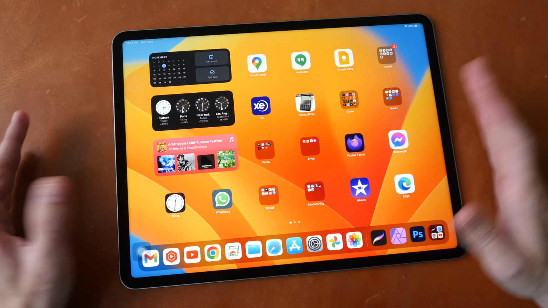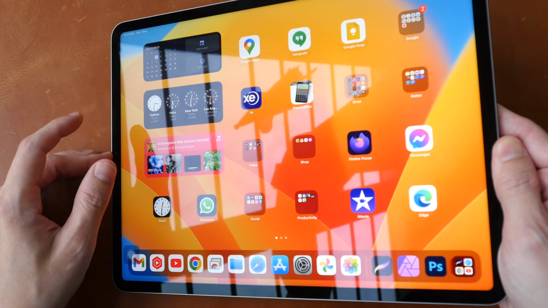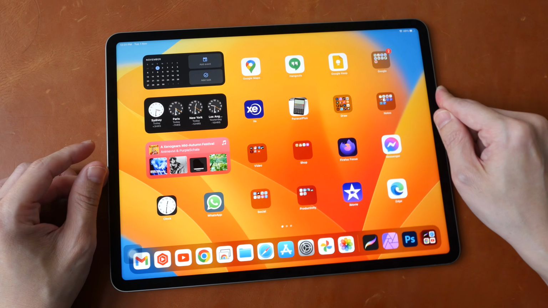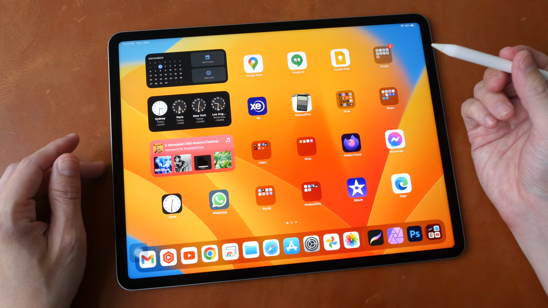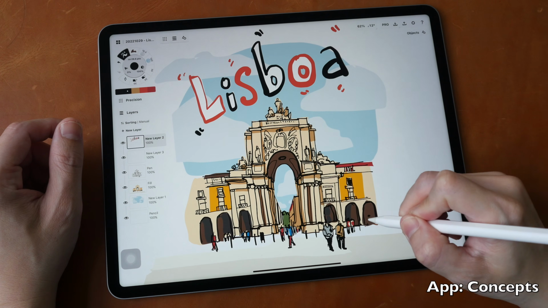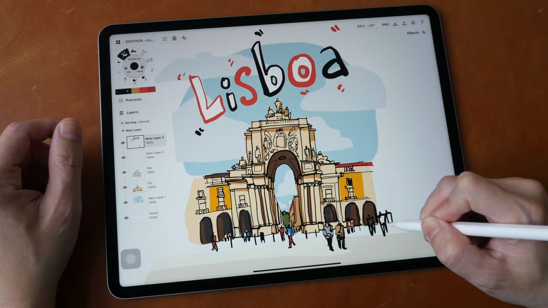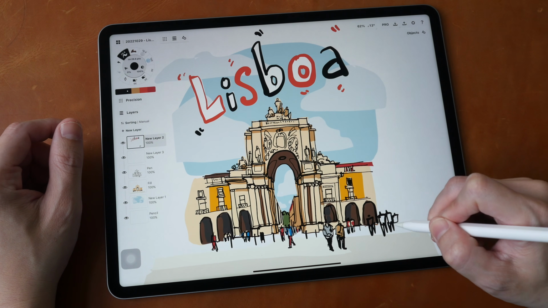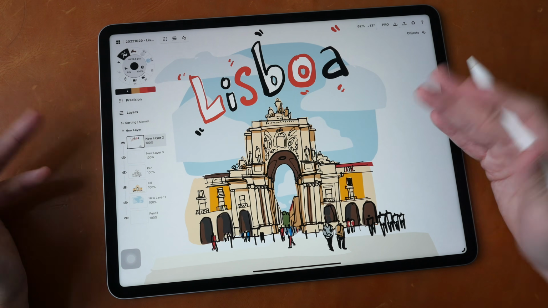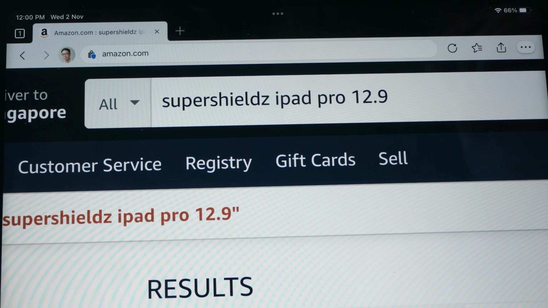I used to use matte screen protectors on my iPads, but I no longer do so because when the light diffuses on the matte screen protector, it's quite glaring for my eyes, so now I'm just drawing with the Apple Pencil on glass. I enjoy the tactile drawing experience you can get from a matte screen protector, but over the years I realized I actually prefer to have better image quality, and I just can't stand the glare from the diffuse reflections. If you really want to use a matte screen protector, I recommend you check out this brand called